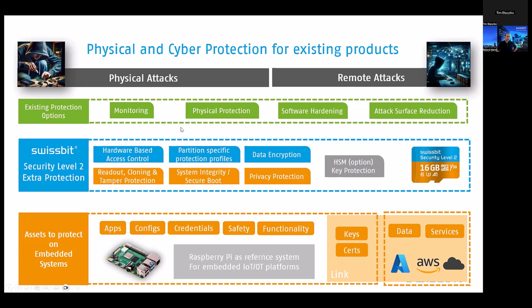You cannot put a lock on anything. And this is especially on the left side where we have some extra protection, so that we have this hardware-based access control inside of the flash card and only show the data to authorized functions or authorized systems, as well as we do data encryption inside of the system and protect privacy and so on, and the integrity of the system. We also have this card here with an integrated HSM or secure element, so something like a TPM internally, and this really is a private key storage that you can very well use for AWS and so on, Azure,